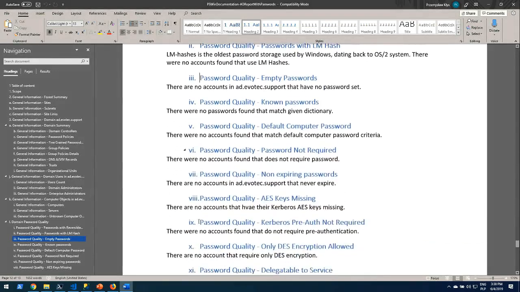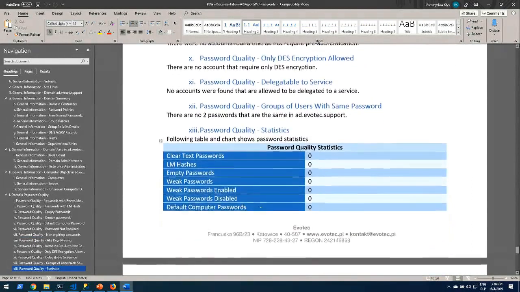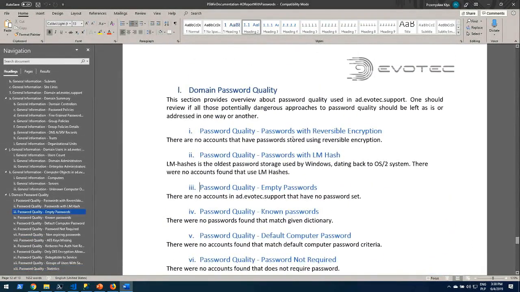So you get that in one of the sections, or somewhere here: password, empty password, known passwords. This would be the list, and it would show you the users that have the passwords that you have defined. It won't tell you which user is using which password, because that's not necessary for you. So it's not something that you can use to attack the Active Directory or something like that. It's simply giving you a list of people to, okay, inform them, send them information, please change your password immediately,